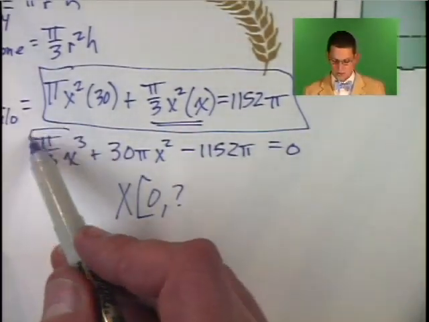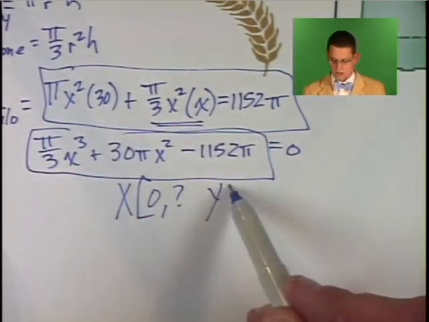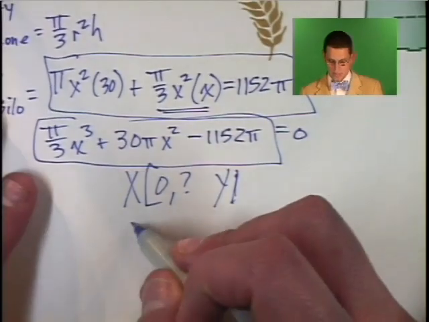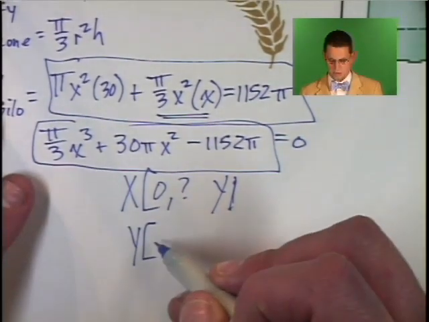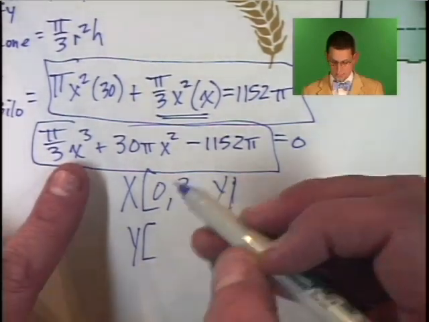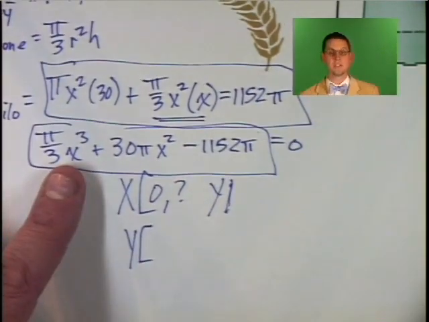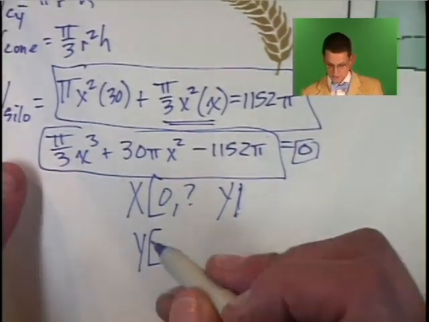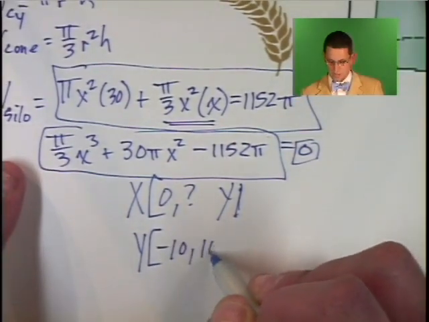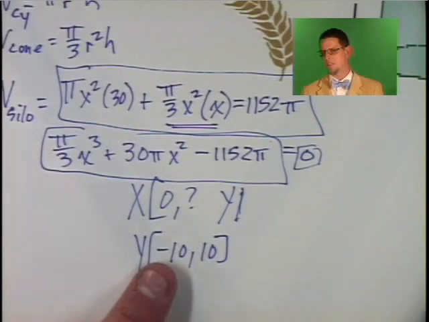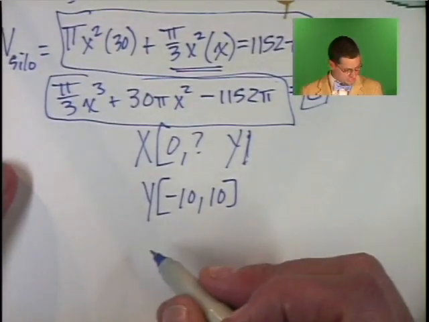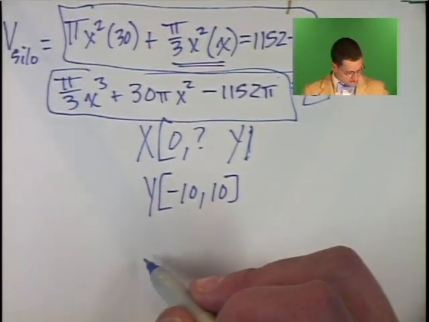Okay? So what we do then is we graph this in y1, and we look at a lower bound of 0, and our y value, since we're looking at volume as well, we'll go ahead and look. Well, we're looking for the x-intercept. I'm sorry. I'm getting ahead of myself. When I set it equal to 0, I'm looking for the x-intercept. So if I just graph it in a symmetrical window, like from -10 to 10, that puts the x-axis right in the middle. So you graph that, and you'll find that the x-intercepts are going to be x equals,